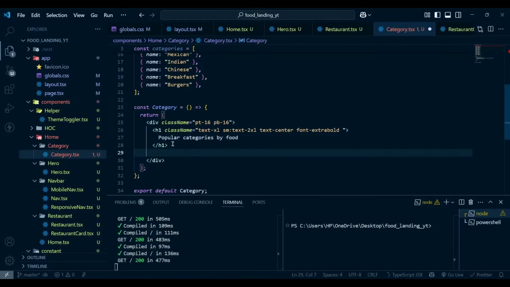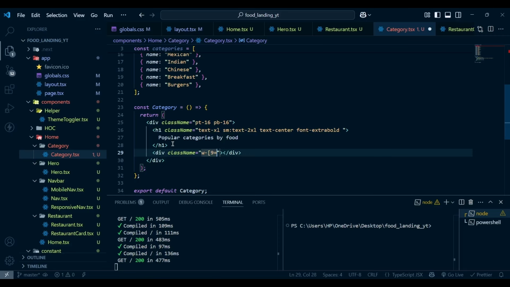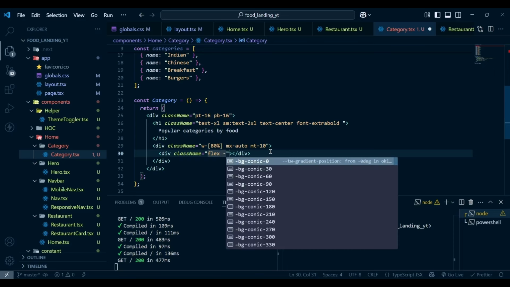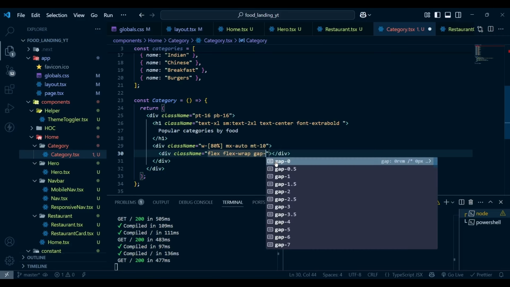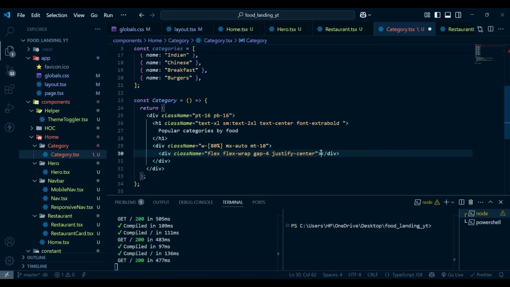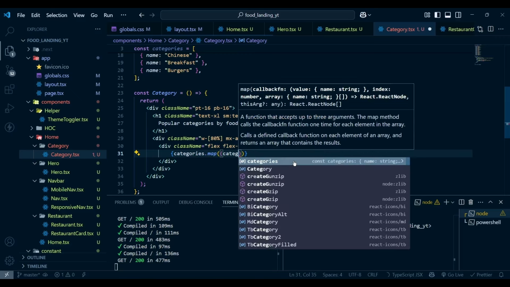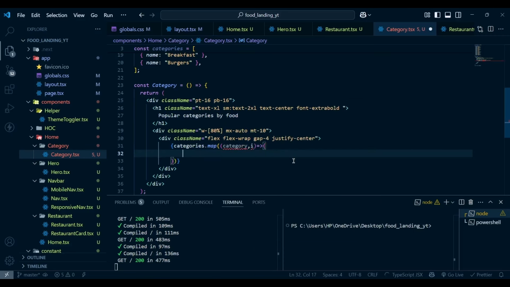Then after this h1 we have a div with class name of width 80%, mx will be auto, margin top will be 10. Then inside this div we have another div with class name of flex, then we have flex wrap, then gap will be 4, justify will be center. Now inside this div we are going to map over our categories, and we will get the individual category, and we will get the index, and here we are going to return